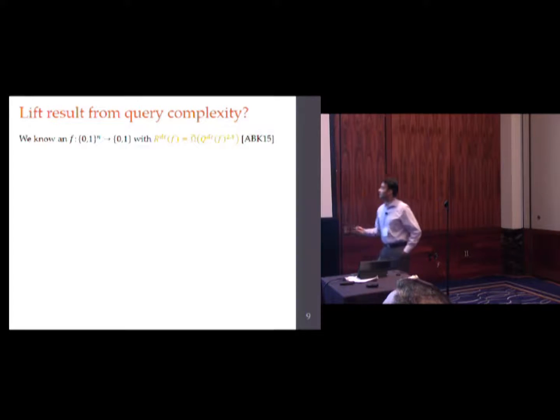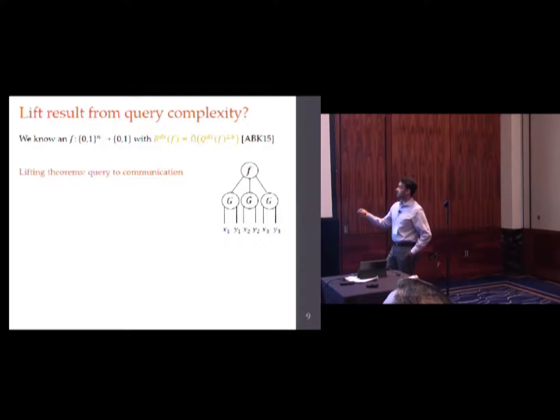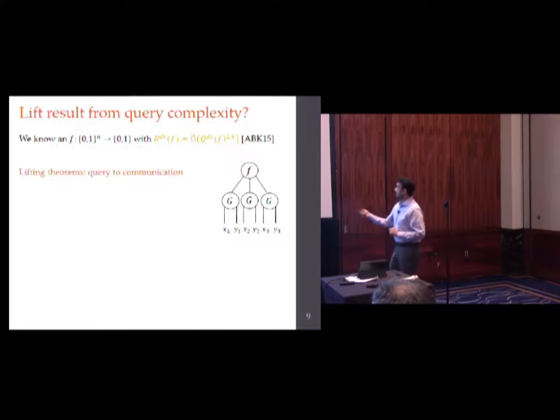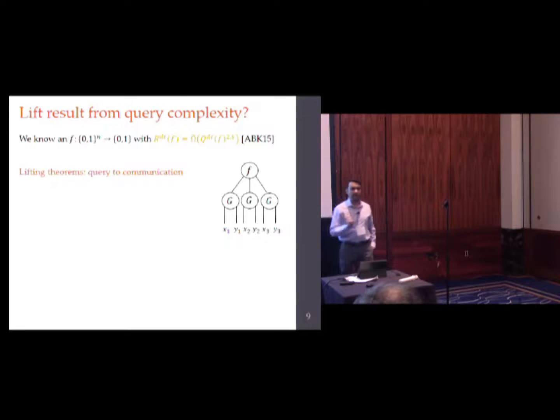So I know a lot of you are familiar with it, but just let me recap what a lifting theorem does again. What it does is it takes a function in query complexity, so a function with n-bit input, 1-bit output, and converts it to a communication complexity function. And how does it do that? It takes your query function, and it attaches these little communication gadgets to its input. So this is a communication complexity problem, which means it has two kinds of inputs, the Alice input and the Bob input. And what you do for this composed function is you give all the Alice inputs to Alice, give all the Bob inputs to Bob, and the output of the function is Alice and Bob compute this function g. They get 1-bit output here, 1-bit output here, 1-bit output here. This is 3 bits in this example, and then they compute f on this 3-bit string.